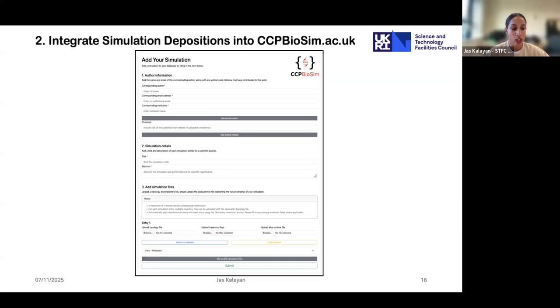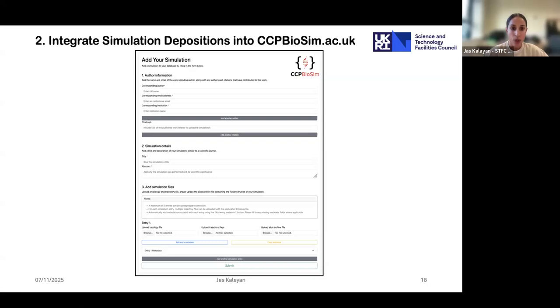However, because it's quite general, we can't capture the full data or metadata from our simulations to the extent that we want to in terms of how we describe our simulations, all the inputs, the input parameters, for example, and output parameters as well. So we are going to incorporate data deposition directly into the CCPBioSim website, where we will have a very simple